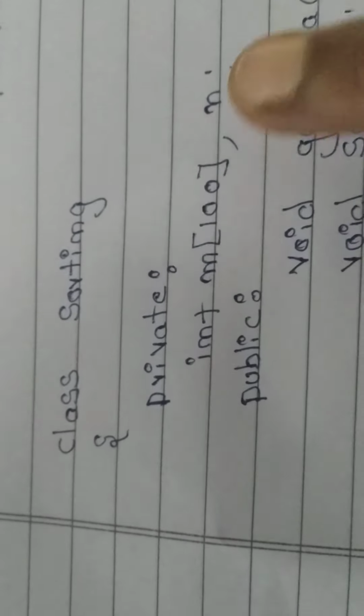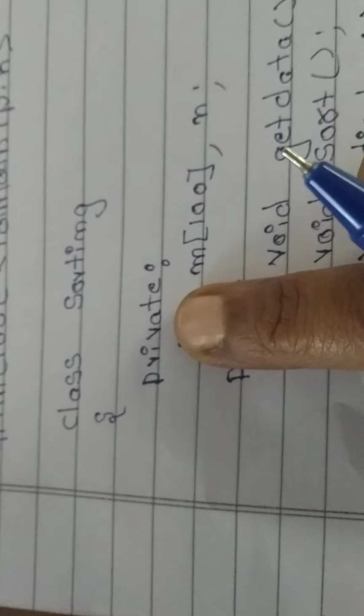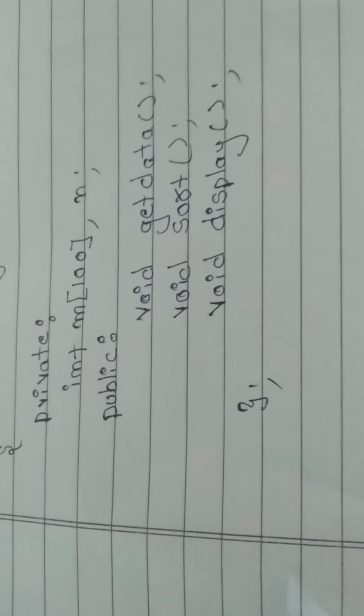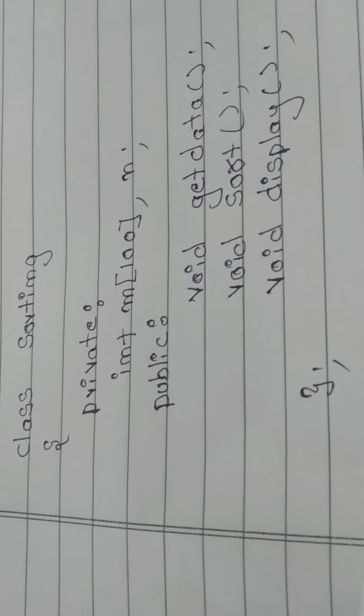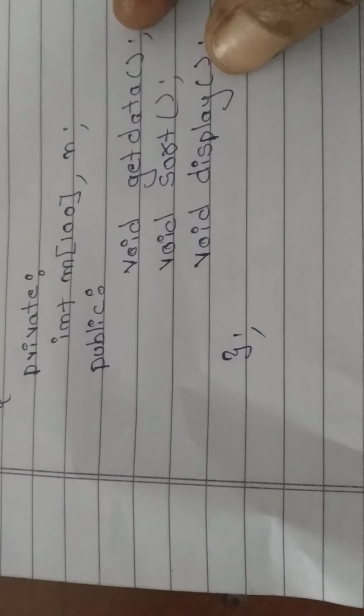So class header and class body will be there. Inside the class, first thing what? Under private, we will declare the variables. What is the default access specifier? Private. It means if I forgot to write private and just write the variables, the computer can understand that these are private variables. Next, 3 functions are there.